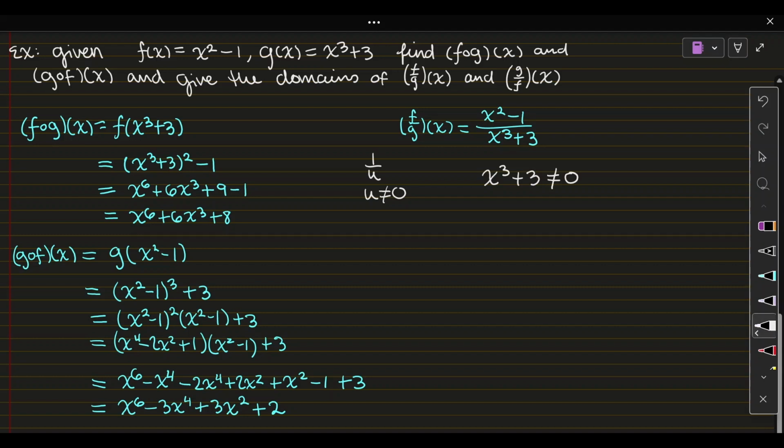Okay? So x cubed cannot equal negative 3. And taking the cube root of both sides, x cannot be equal to the cube root of negative 3. And that's the same as x cannot be equal to negative the cube root of 3. Okay? So that's not in our domain. The only thing left to check is for any holes. I don't see any. I don't think there are any. So we have that my domain